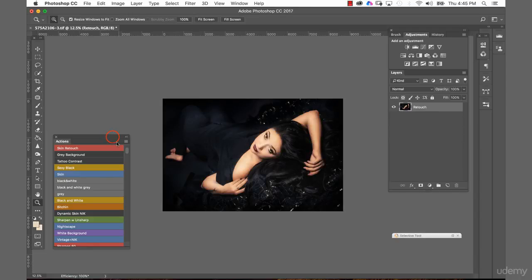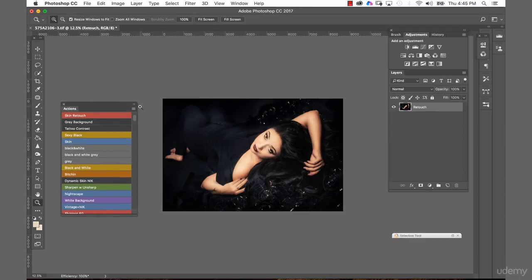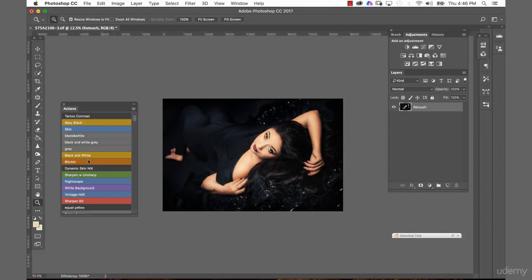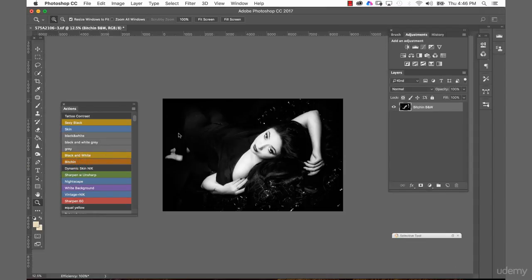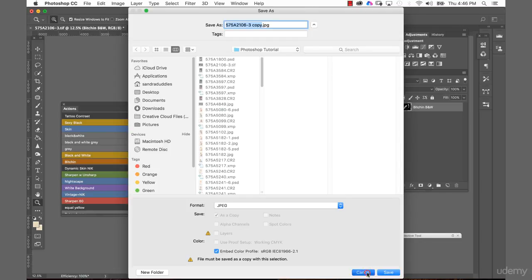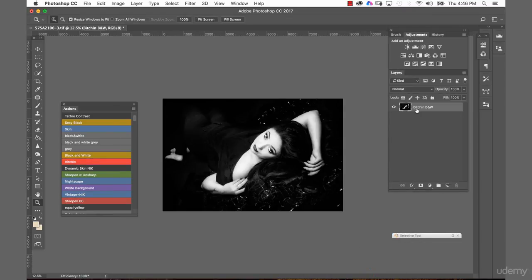When I just started out with Photoshop, as I said, I like to buy actions, and my favorite action in the day was from the company TRA. TRA stands for Totally Rad Actions, and they gave me this black and white, which was my favorite for a very long time, called Bitchin'. And if I click on that, and I can just say cancel, now I have my Bitchin' black and white action here. And the reason why I liked that,